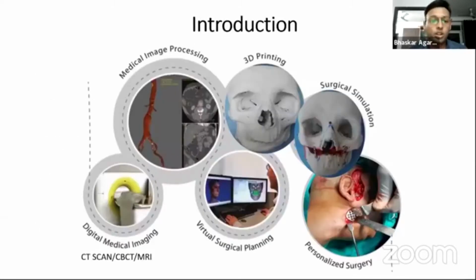Okay. So with the advent of CT scans, CBCTs, and MRI, we have got more insight into our disease process. Earlier, we could see the disease only in 2 dimensions, but now with the availability of CT scans and MRIs, we can see the disease in 3 dimensions. And with the availability of medical image processing software, you can do the surgery before you actually go to the OR, and get yourself accustomed with the anatomy and the procedure that you would be performing.